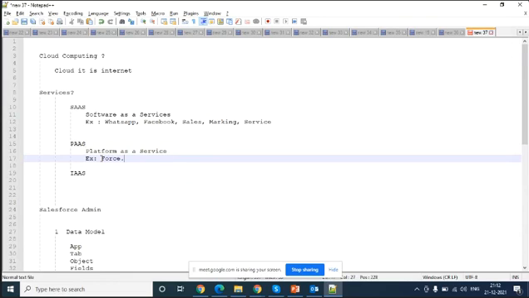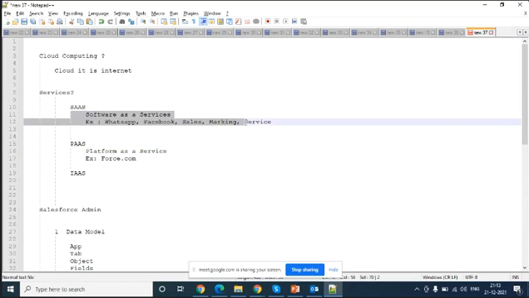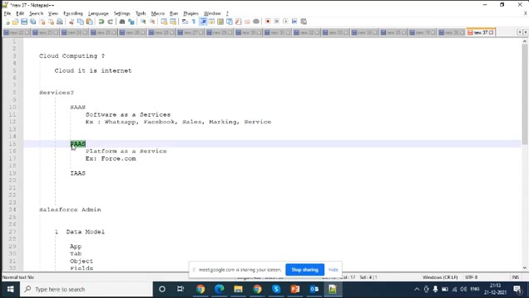Ideally, force.com is called PaaS, platform as a service. Here you can write code, and all the building and implementation you can do from PaaS. By default, Salesforce provides features as software. You can customize the existing one, or you can also build your own. That is called platform as a service.